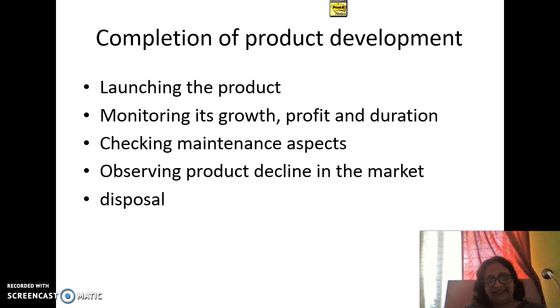If we consider environmental life cycle, then we have to consider disposal, how to dispose the product after it is extinguished. So it is very important to consider disposal aspects in case of environmental life cycle. But here we are not considering environmental life cycle. We are going to only study about electronic product design, development and its business life cycle.